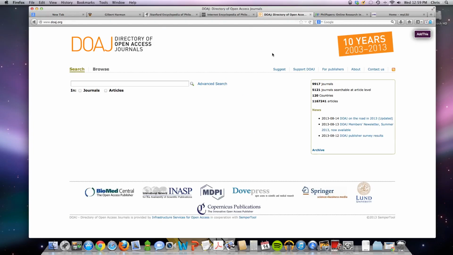So here's, for example, the Directory of Open Access Journals. This is available just on the internet. And again, it's scholarly materials, but it's open access. You don't have to pay to get into that information. They list some of the publishers down here at the bottom. So again, you can find useful things.